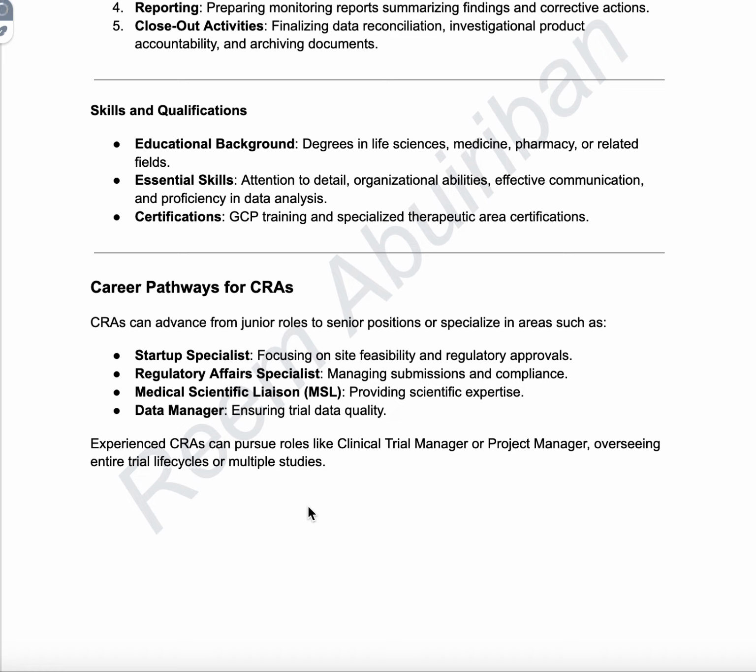Experienced CRAs can pursue roles like clinical trial manager or project manager overseeing entire trial life cycles or multiple studies. And by this, we end the